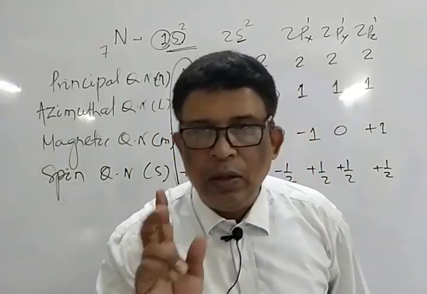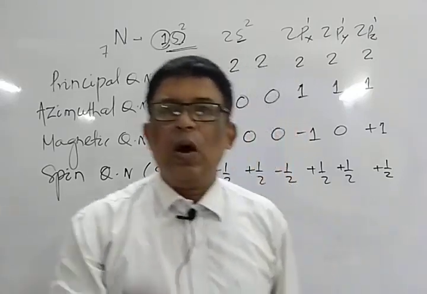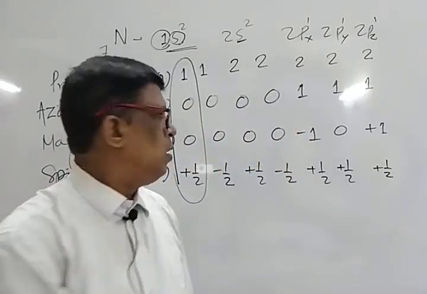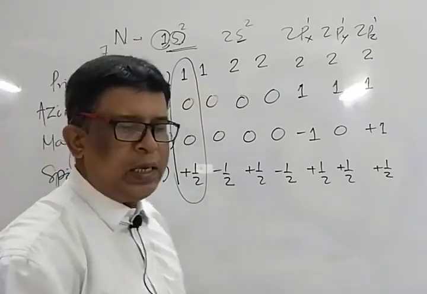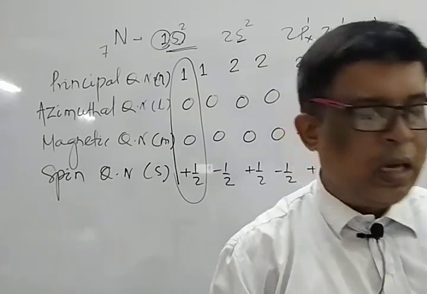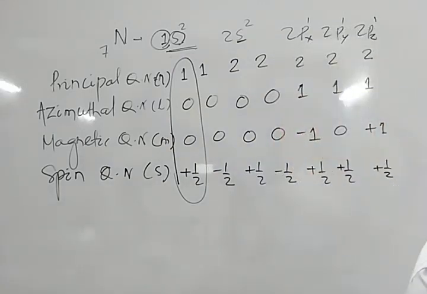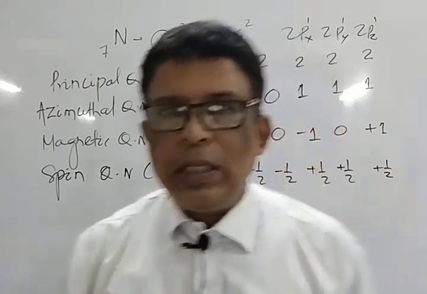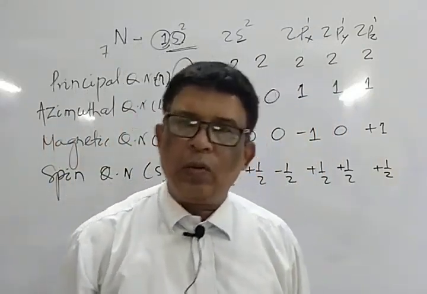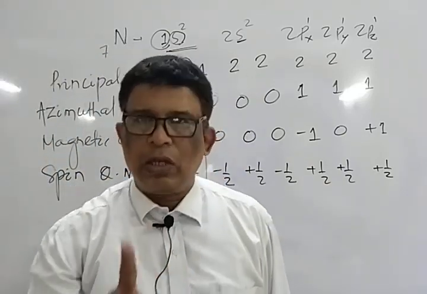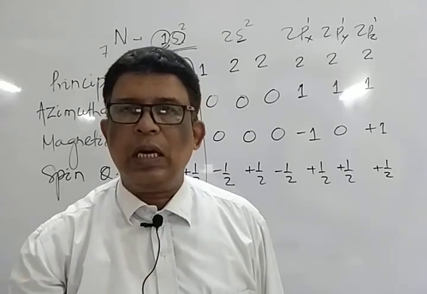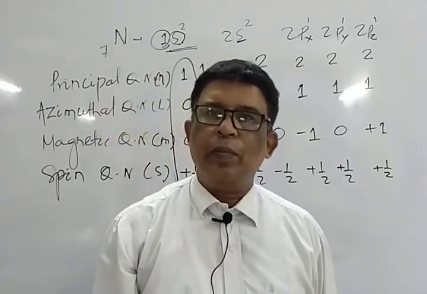No two electrons in an atom possess all four quantum numbers the same. Here we observe that the principal, azimuthal and magnetic quantum numbers may remain the same, while for the fourth one, the spin quantum number is always different. That is, for the first one it is plus half, while for the second one it is minus half. So by using this principle, one is able to calculate how the electrons are arranged in cell, subcell and sub-subcell, that is orbital. Let us mark that.